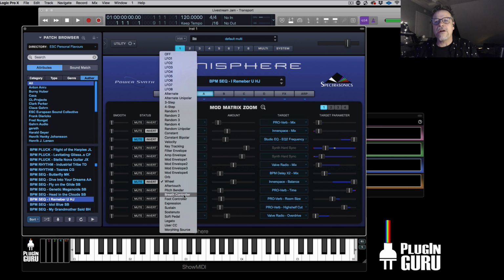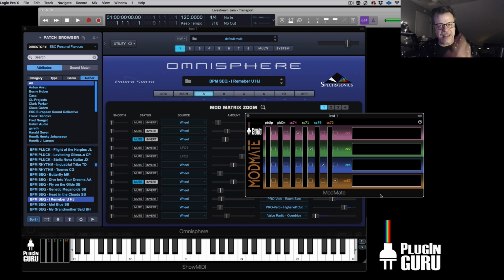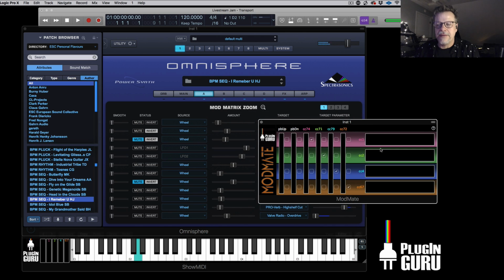MIDI CC4 is foot controller, which is right here. And MIDI CC67 is soft pedal, which is right here. Those are the 4 controllers that we standardize because they're not used for anything else. Okay, and then at this point I can...